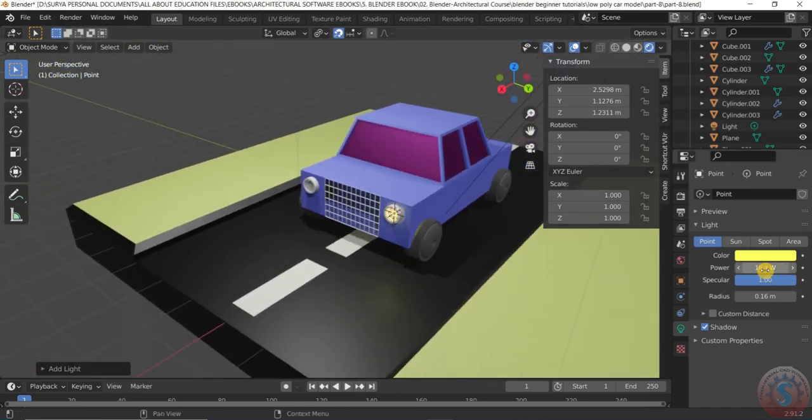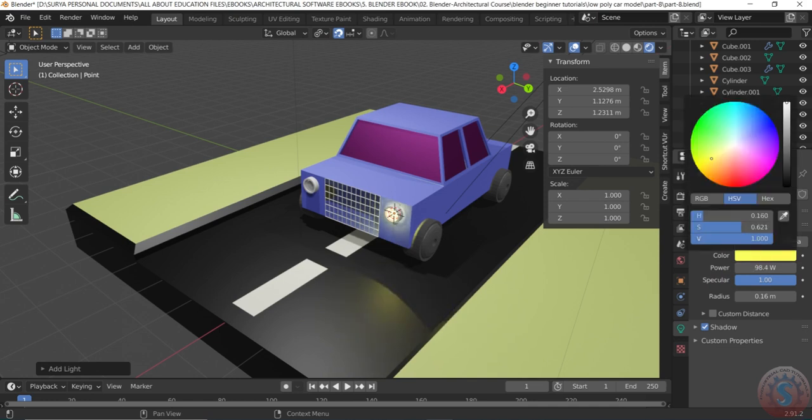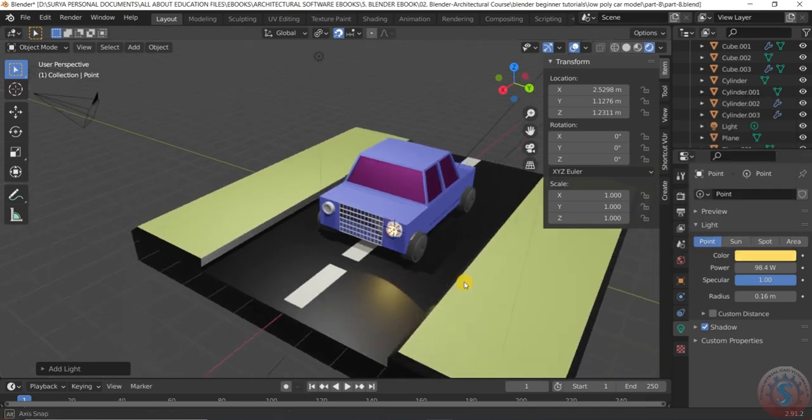You can give more power to this. I'm giving 18, nearly 86. You can give the color somewhat more by increasing or decreasing the light source. I'm giving somewhat yellowish color. You can see it is